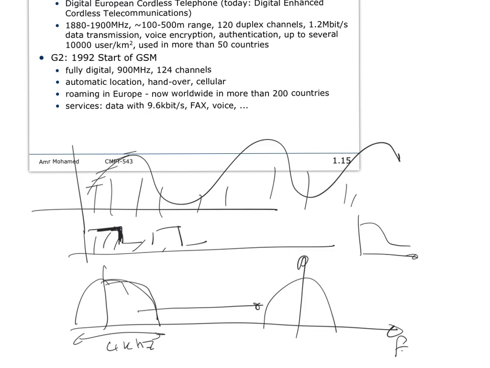So this means I can distinguish one from the other using a simple filter. I can filter a signal in the frequency domain, I can deal with them easily. So this is what we call broadband communication, right?